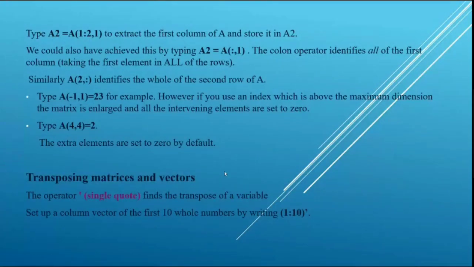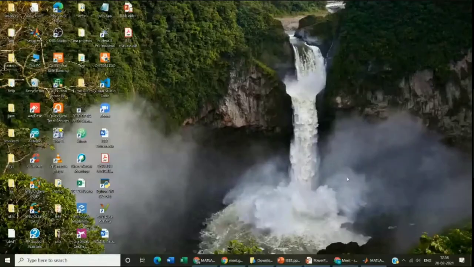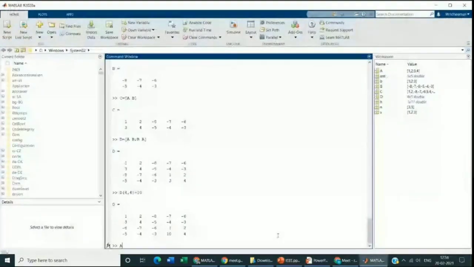Now we will move into transposing matrices and vectors. To find the transpose of a variable or a matrix, the single quote operator is used. For example, if we set up a column vector of the first 10 whole numbers by writing 1 colon 10 single quote, then we get the output like A equals to